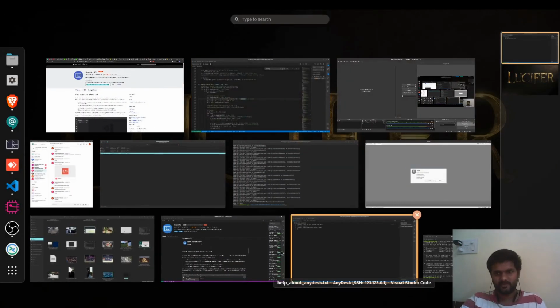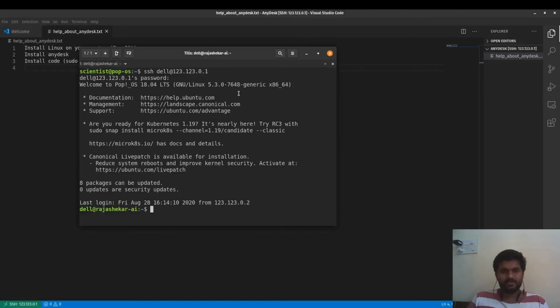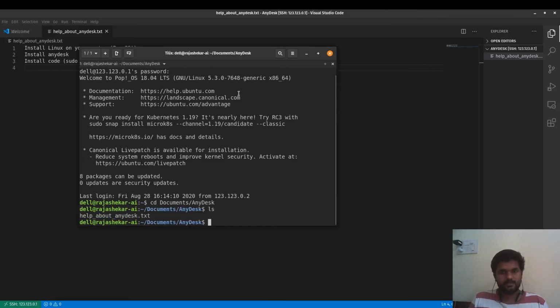If you want to check that, I have opened a terminal initially. Yeah, this one. Now I'll go to that file and cat those lines which are shown in the background. Yes, ls. Boom, you got all the files which you are editing here, and you can see them here also.